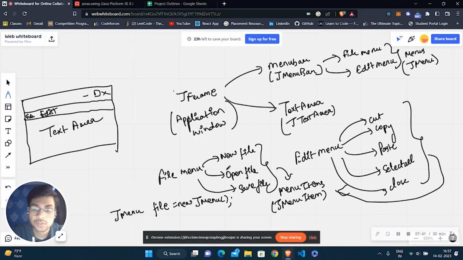Fine. So this is the complete design for our project. This is how we are going to use the different classes that are present inside the Java Swing package, and how we are going to use some classes of that package for the creation of the text editor project. As you know, we needed a frame, so we used a JFrame. Inside that JFrame we need two objects: the menu bar and the text area.